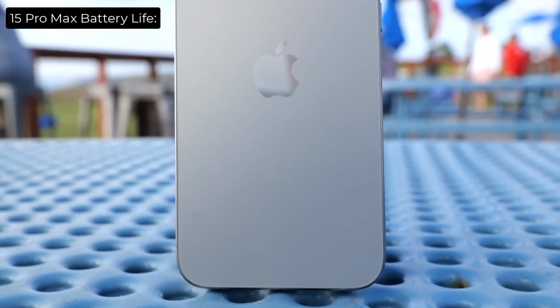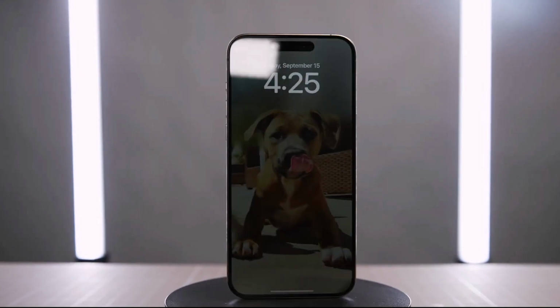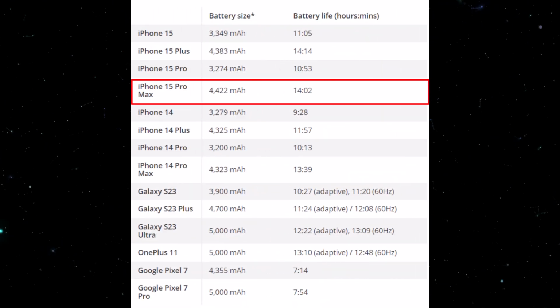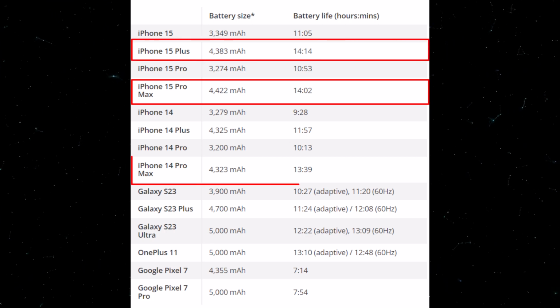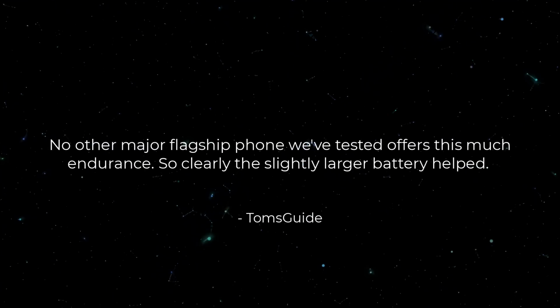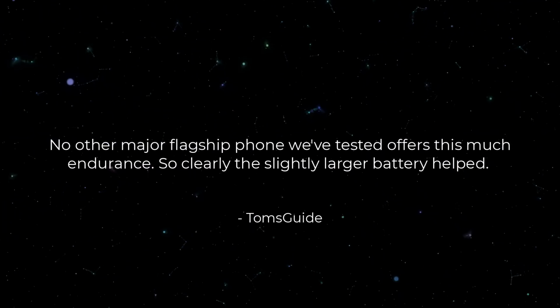Now, we are going to talk about the iPhone 15 Pro Max. The iPhone 15 Pro Max is the Pro model to get from Apple if you want serious staying power. We saw 14 hours and 2 minutes of battery life in testing, which is a bit shorter than the iPhone 15 Plus, but more than 20 minutes longer than the iPhone 14 Pro Max. According to Tom's Guide, no other major flagship phone they have tested offers this much endurance,